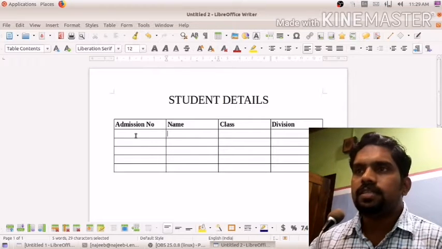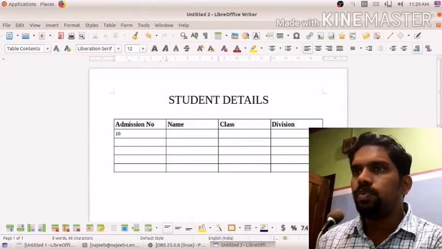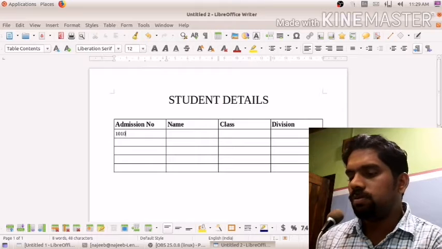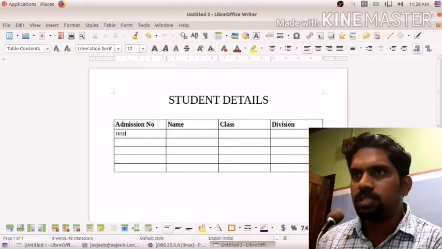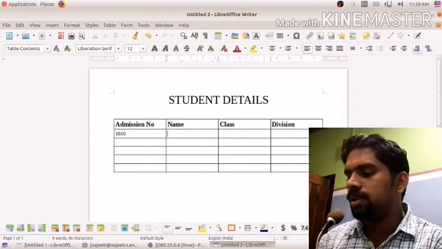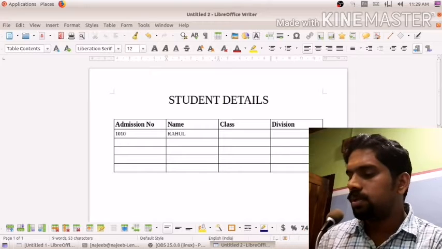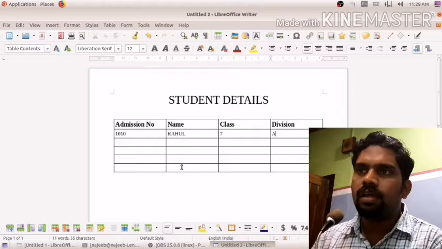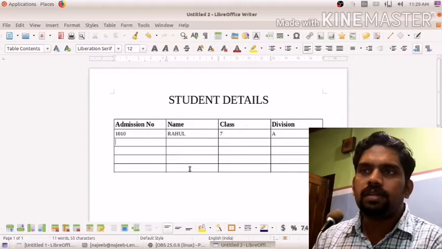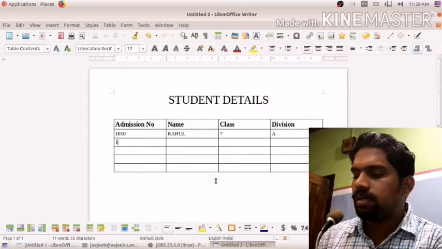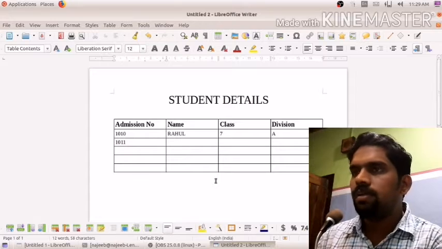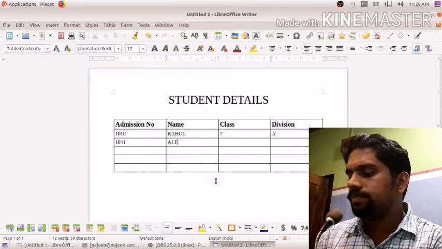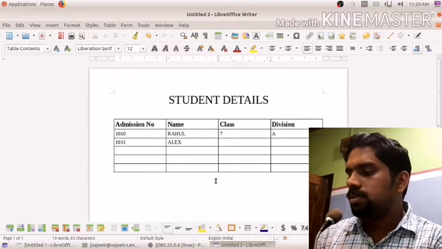Then we can enter the details into that one, like 1010. The name is Rahul, class 7, division A. Then in the second row we can write 11, Alex, 7A.